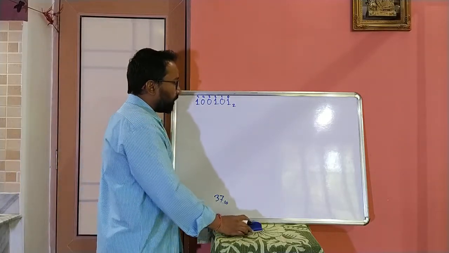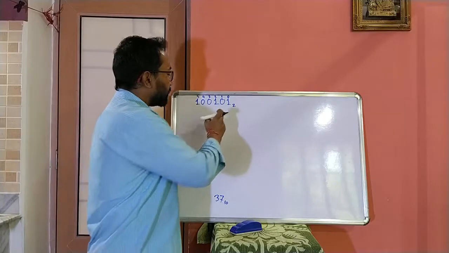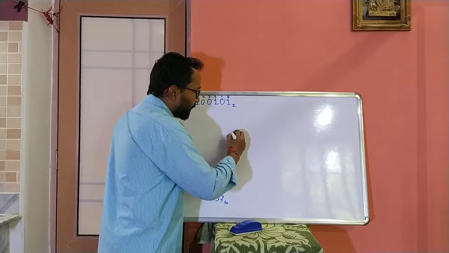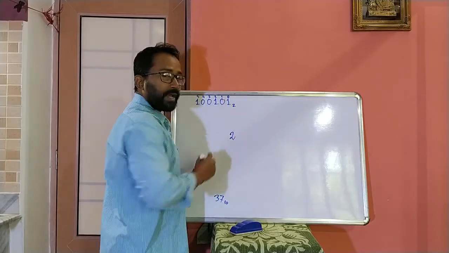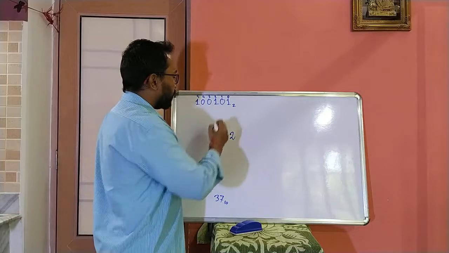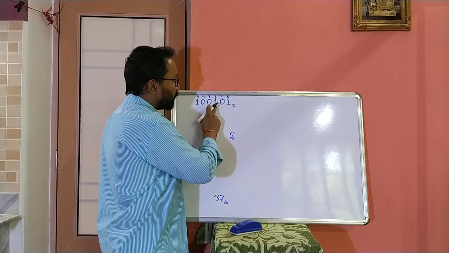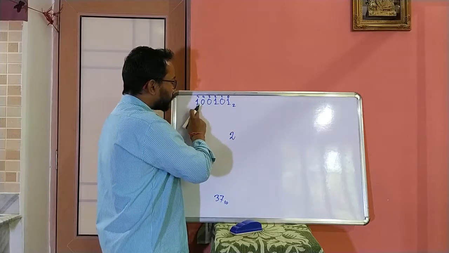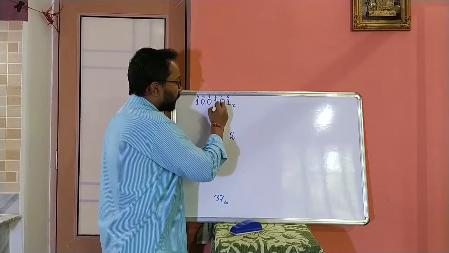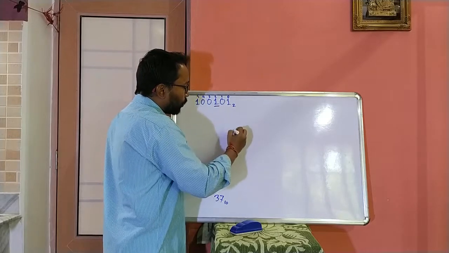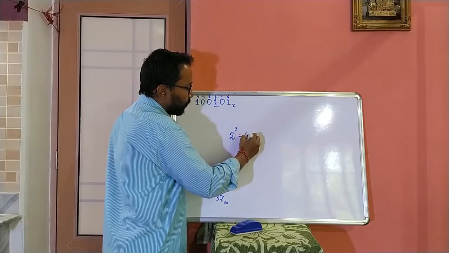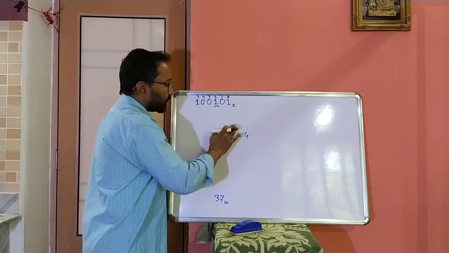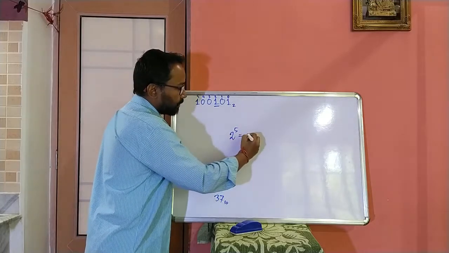Now this place value plays an important role here. Each digit of this number has its weight. So how to calculate the weight? The weight is the base 2 to the power of the place value or positional value of the digit in the number. Let's take this digit 1. Here this 1's positional value is 2, but here this 1's positional value is 0, and here this 1's positional value is 5. So to find out the weight of this one, 2 to the power its place value 2, means 4. Now to find out the weight of this one, 2 to the power its position 5, so 2 to the power 5 means 32.